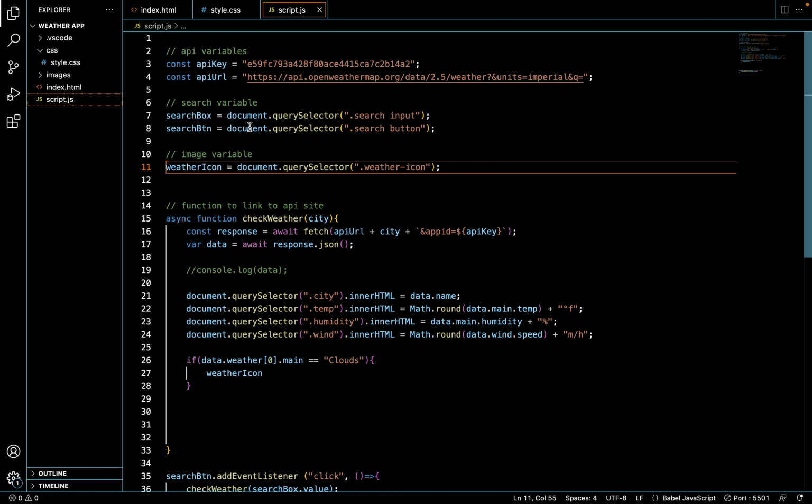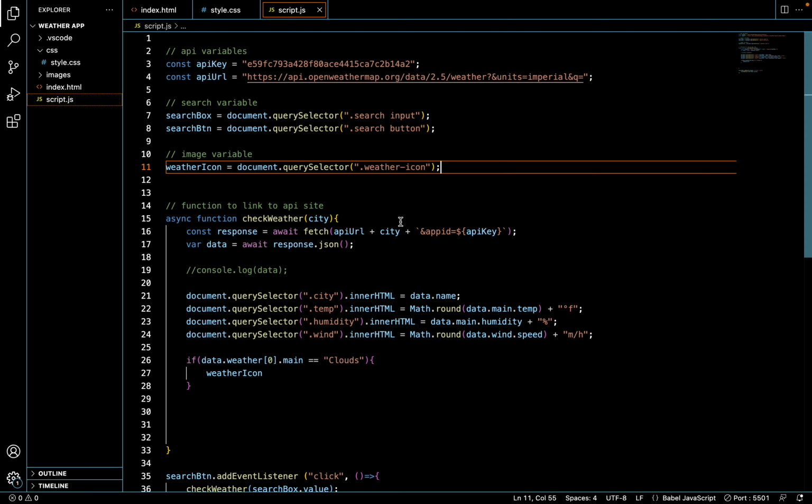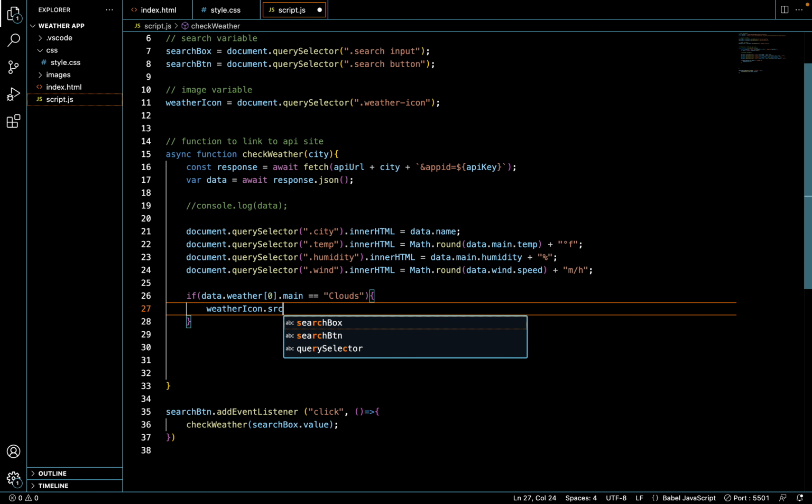Remember weather icon? We did it right here. That's where it's going to put it, so it's going to switch this up. Okay, now we can use this. So we created the variable and now we are using it. So icon dot src